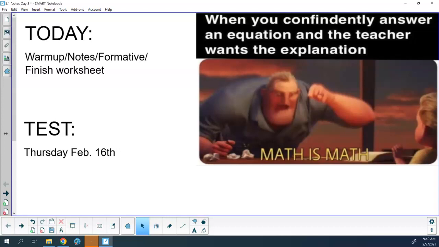And then you have 2 worksheets that you can be working on. Most of you got it on 2 separate sheets because of my mistake. But you 2 got it on 1 sheet. You got both worksheets on front and back. Because of my mistake. Okay? So those 2 worksheets will both be due next week. Okay? And I posted the answers to them on the